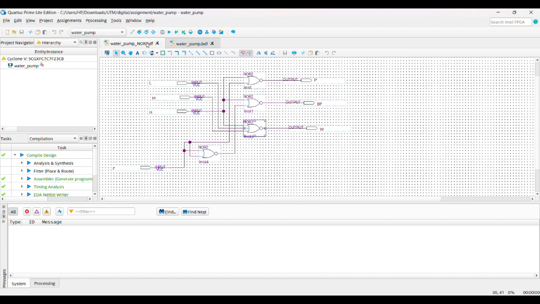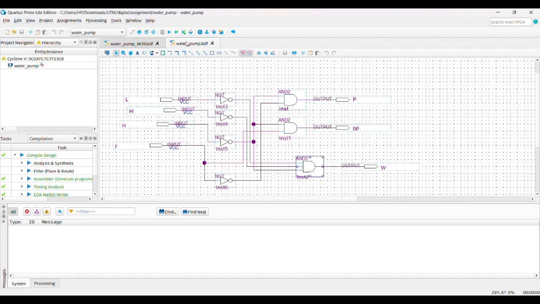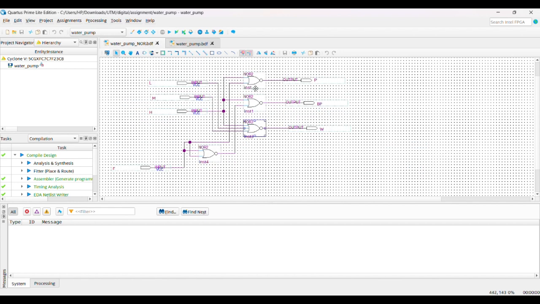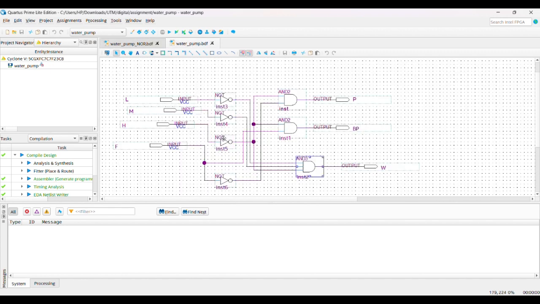That's why there is no NOT gate. And then the AND gate, we have two bubbles here, which is a NOR gate. So we transform it to the NOR gate, and here we don't have the NOT gate.